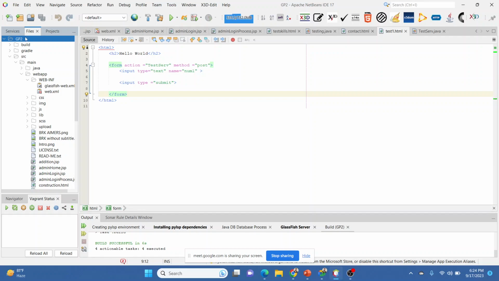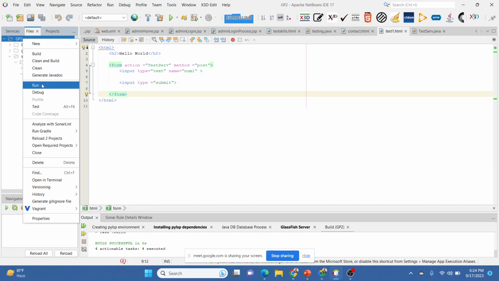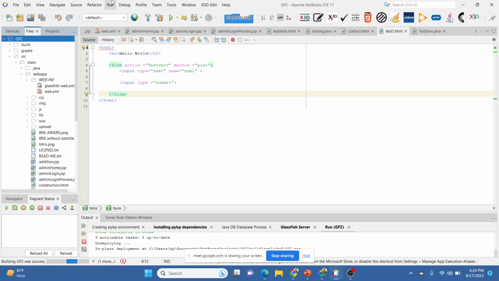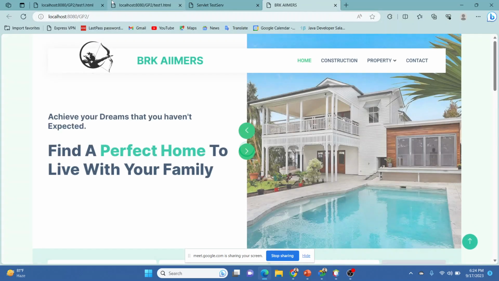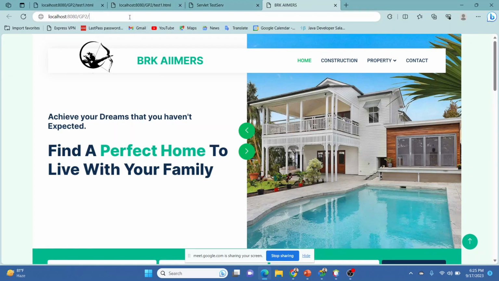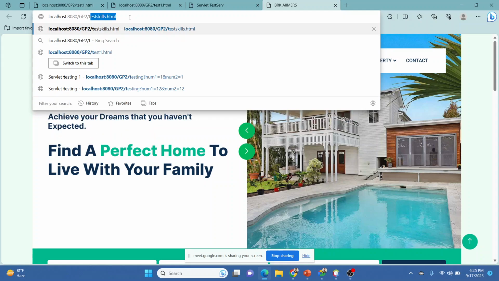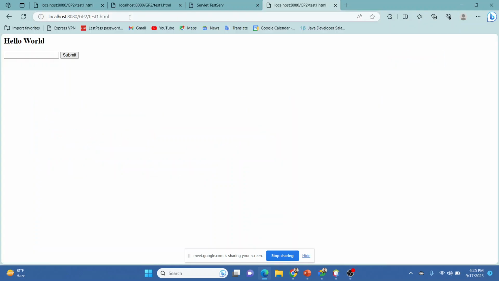So clean and build is completed, successful. Now we are going to execute it. What will be the difference between those two? Our HTML file is again test1.html. So, hello world. Now again we will write hello Java or hello servlet.